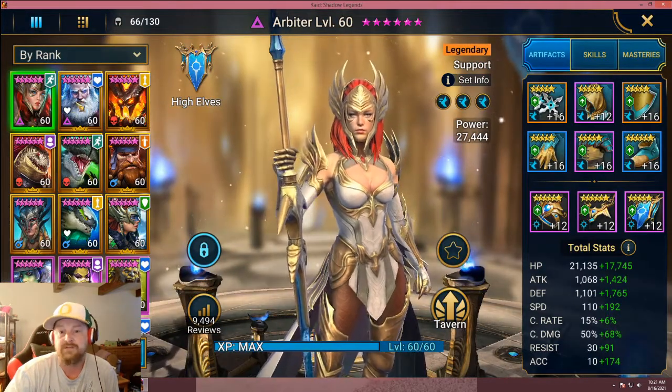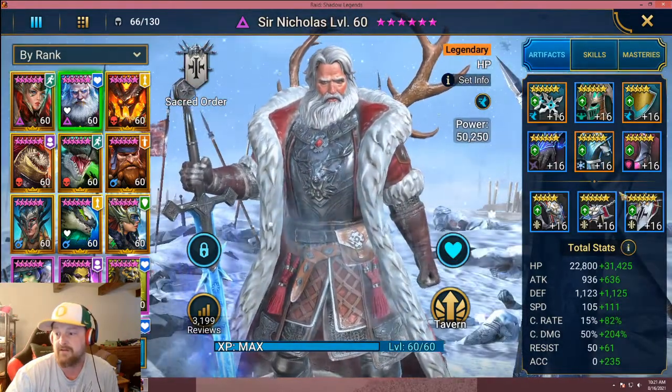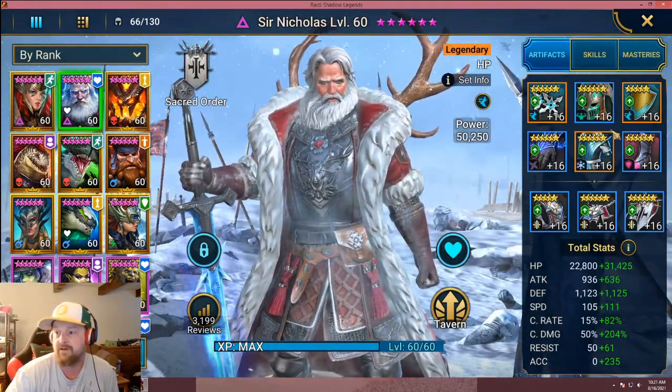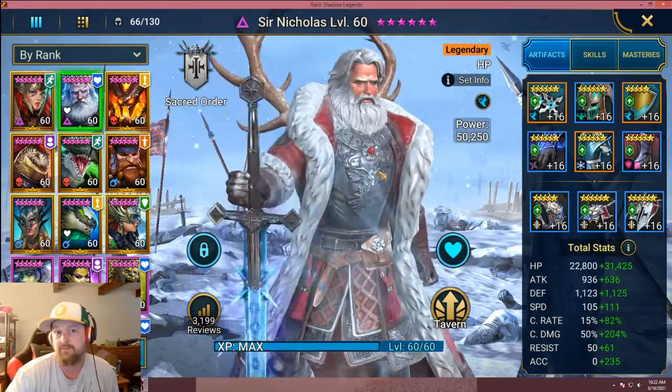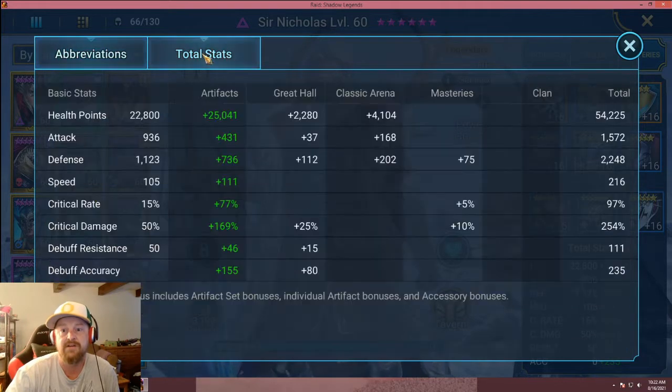So the setups that we have here: we have Sir Nick, obviously, in whatever gear we wanted. I just kind of put it into the optimizer. HellHades optimizer is fantastic for setting up these clan boss teams. So I had him at 216 speed, almost 100% crit rate, 254 crit damage, because Sir Nick hits pretty hard. There's a reason why I wanted to use him for my clan boss team, and he kind of sucked